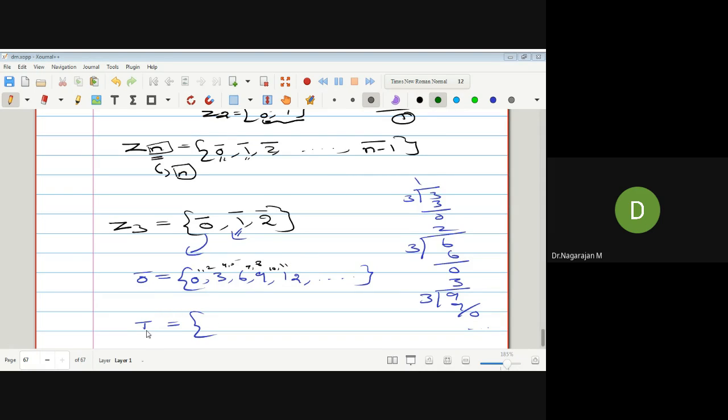Then what is the remainder of 1? That is the 1 class. The missing element in the first element is called a 1 class. Please check that. So 1 is not divisible, no problem. The next element is 4. Therefore it is divided by 3: 1 time 3. Therefore the remainder is 1. Okay. The remainder is 1, therefore that is called a 1 class.